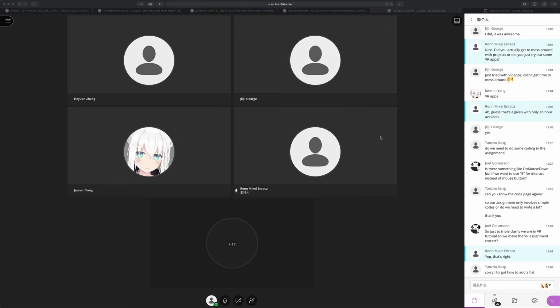Someone's raising their hand. Before I address that though, sorry, I forgot how to add a flat. I'm assuming you mean plane. Let me just activate my screen share again real quick. But basically, there should be an option under 3D object in the create menu for a plane. But just to show you,